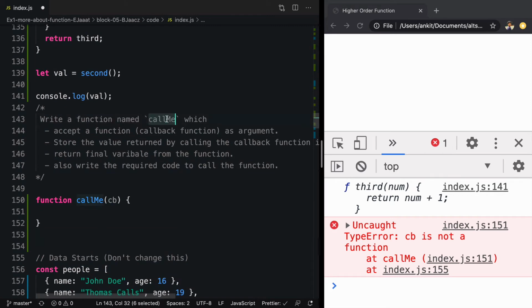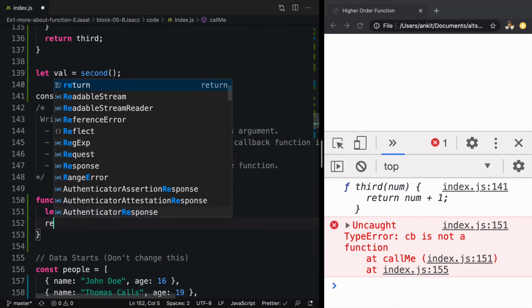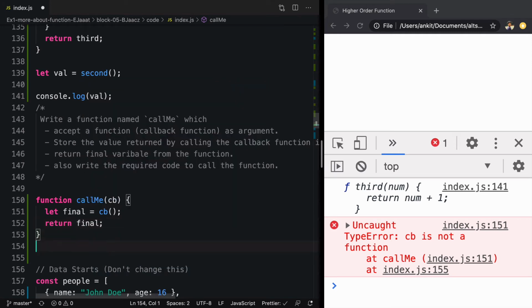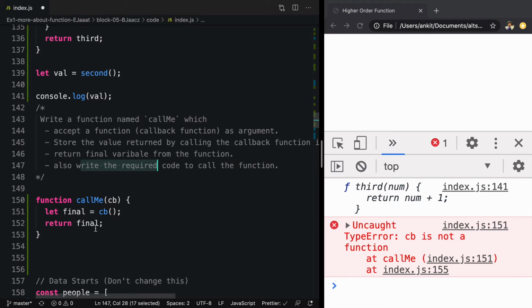Here it says create a function called callMe which accepts a callback function. So we have written callMe and cb as an argument, store the return value. So we'll say let final is equal to cb and call that. And here we just need to return the returned value, that is final. And we have to also write the required code to call the function.